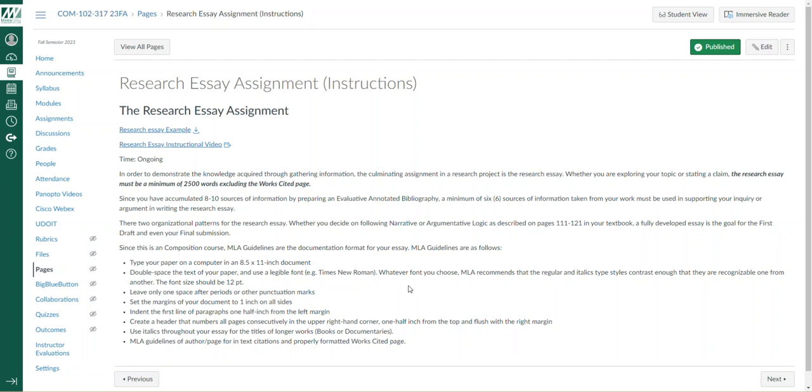Actually, here is the formal research essay assignment. All of this work you have been completing throughout the semester on your research topic, between the annotated bibliography, the dialogues with Dave, the double entry journals, and the upcoming discussion boards 15 and 16, all point toward the research essay assignment. I have an example in the instructions here for the research essay assignment.